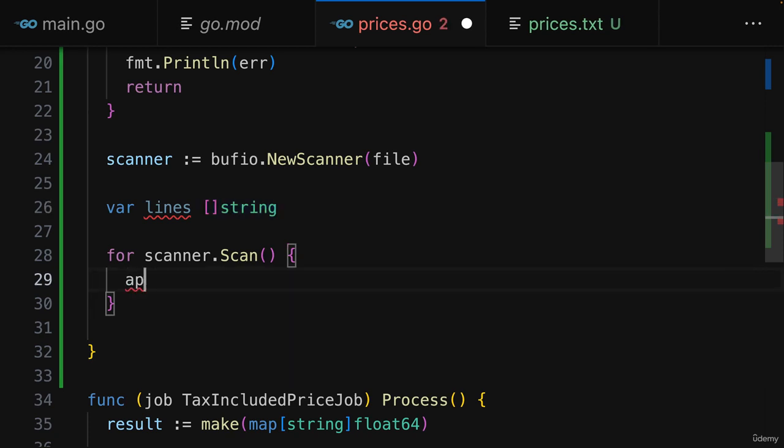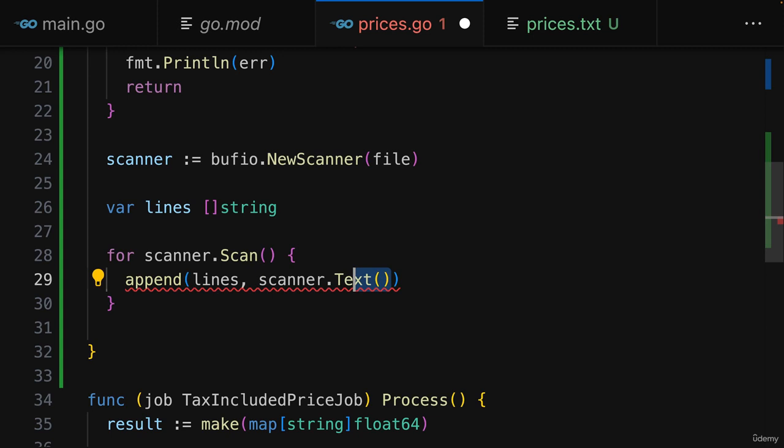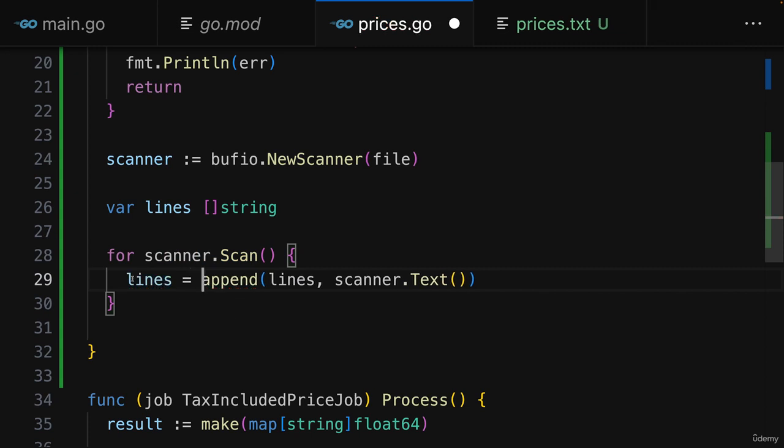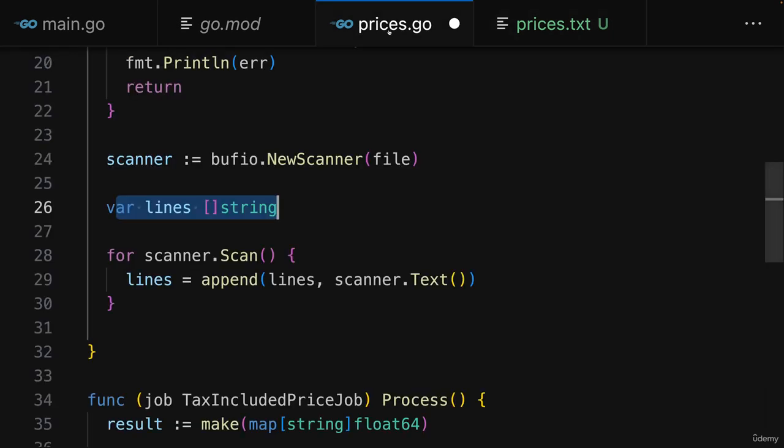And we can then use the append function to generate a new slice based on the old lines slice with that scanned line appended. And we can get that scanned line, so the content of the line that was scanned, by accessing scanner.text. This function will give us the text content that was read in because of this scan operation. And as a result, we'll get back a new slice, which we can store back in the lines variable. So therefore, this lines slice here will in the end hold all these prices here as standalone elements,